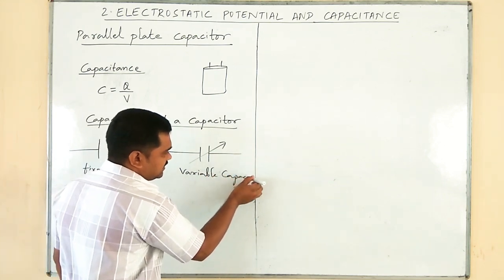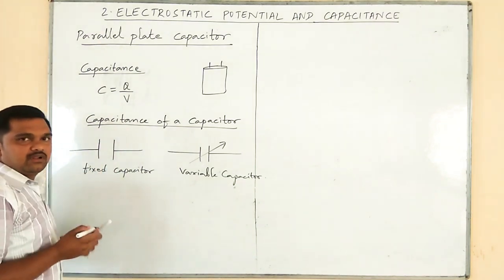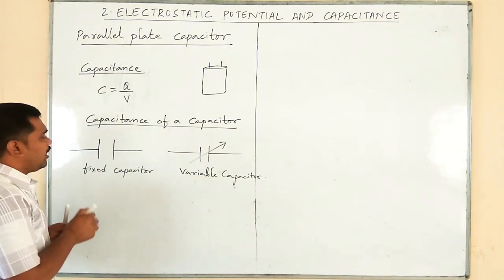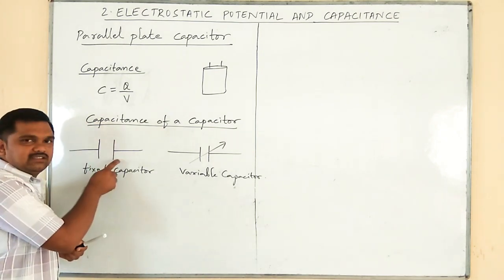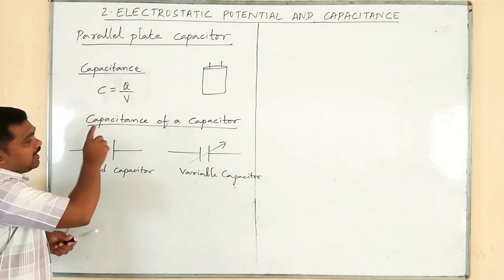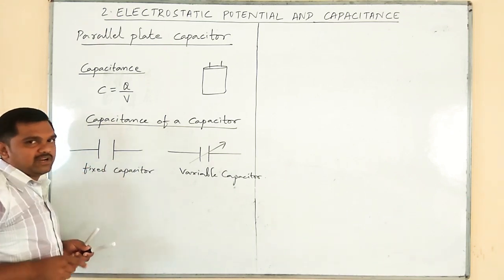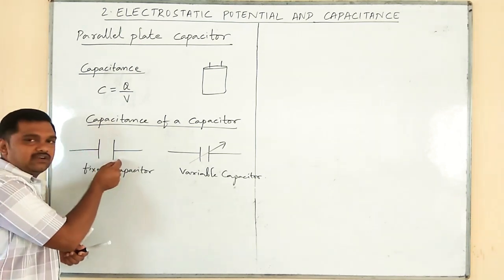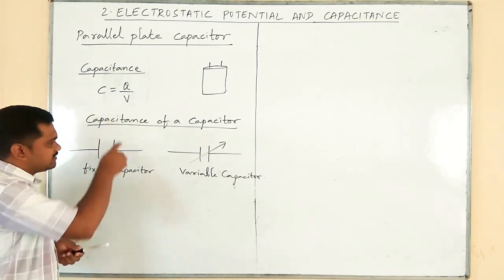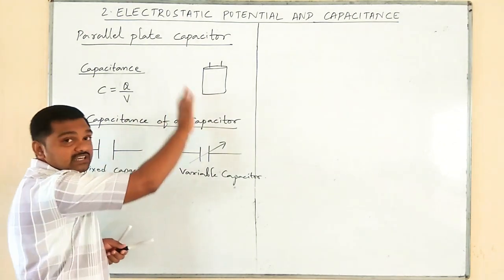Variable capacitor. Here, these are a pair of parallel plates, out of which one plate is insulated and the other plate is grounded. A parallel plate capacitor consists of two parallel plates, out of which one is insulated and the second one is grounded. It is an inbuilt circuit. We can't show this physically.